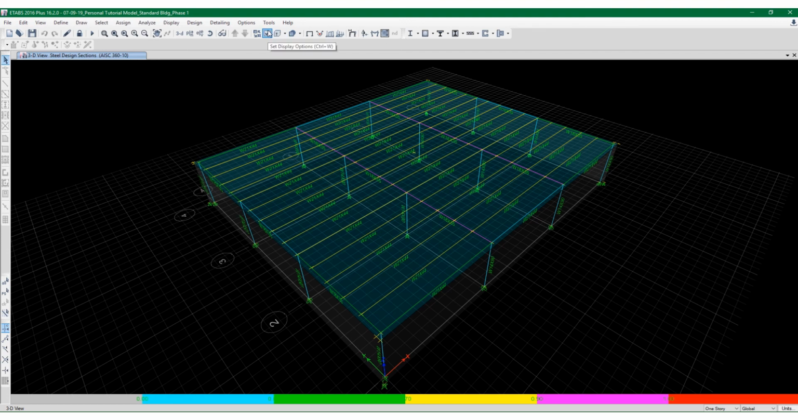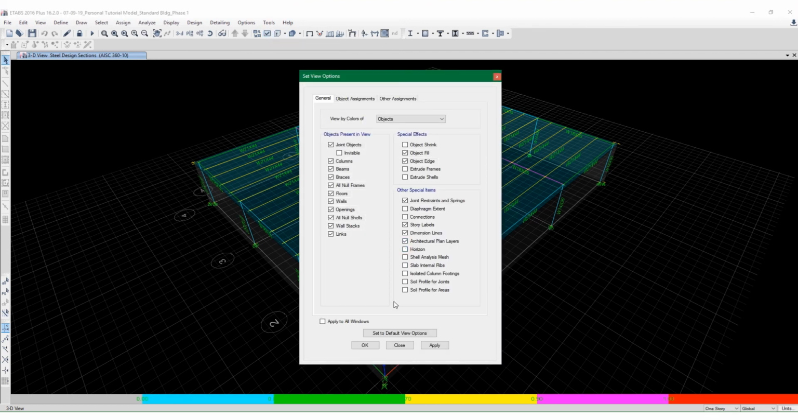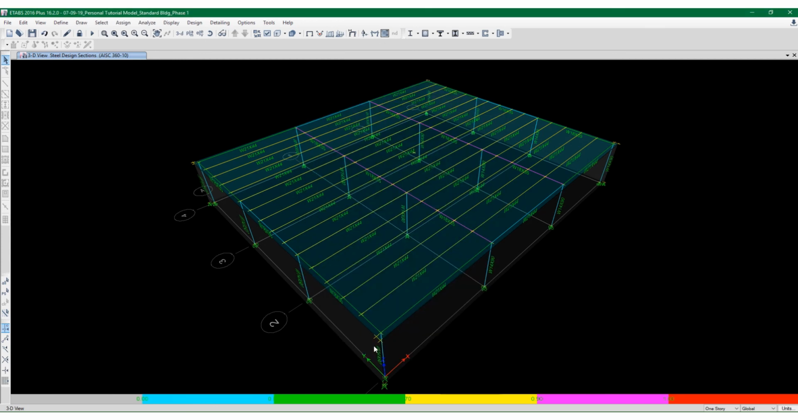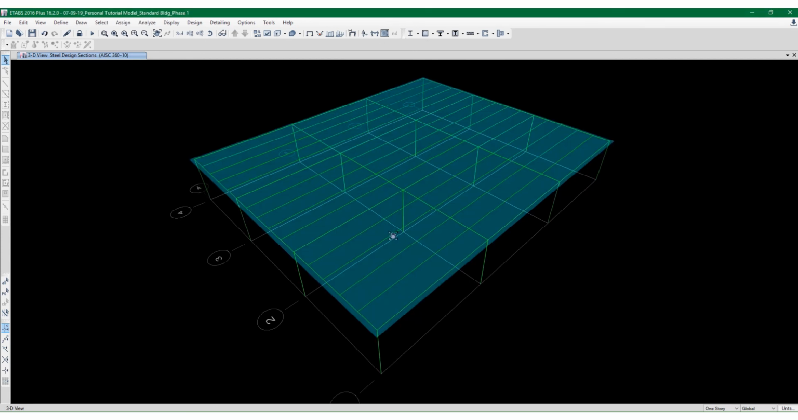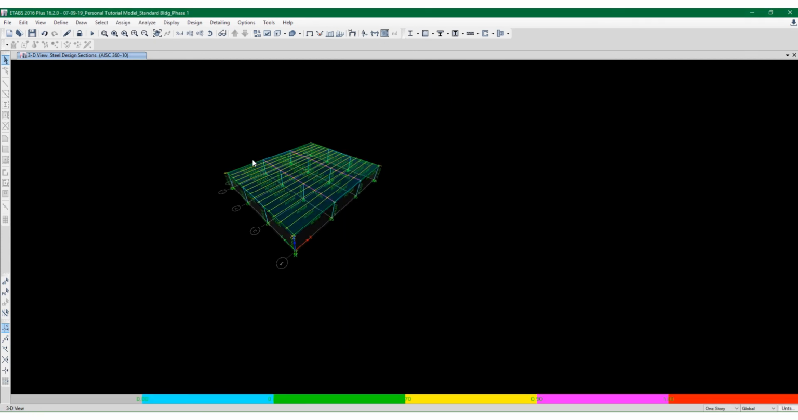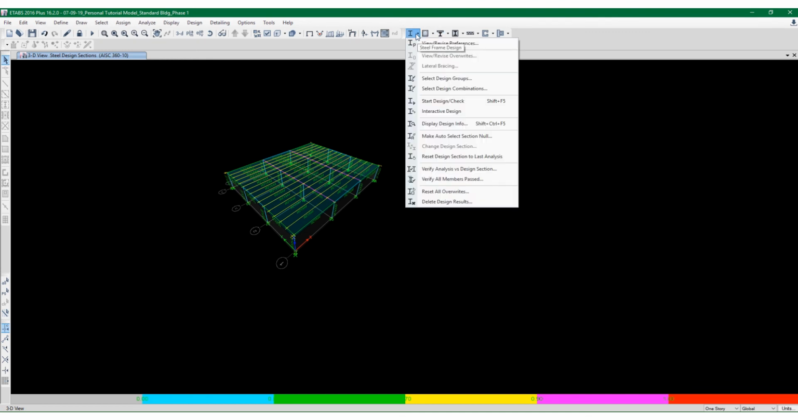Let's turn off our horizons. This doesn't mean that it's all done. I still will go back and check some things. I still will go back and verify that the proper design method is being used. That's because I went back and forth with this thing a few times, but